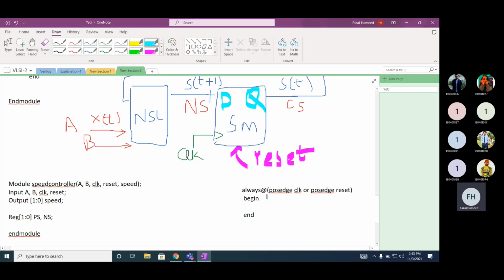So actually now you can write always at passage of clock if reset. Okay, now we say if reset. When reset, what should be your current state? If the system is initialized, can you see the diagram? S0, but we need to define S0. Did we define S0? No. How can we define it? With keyword? Parameter.